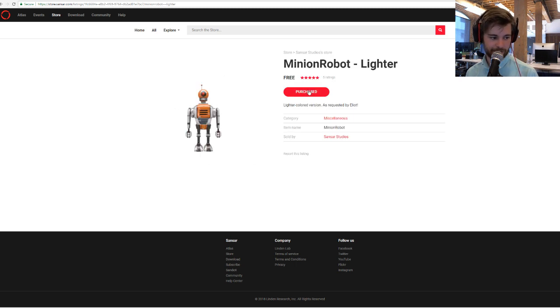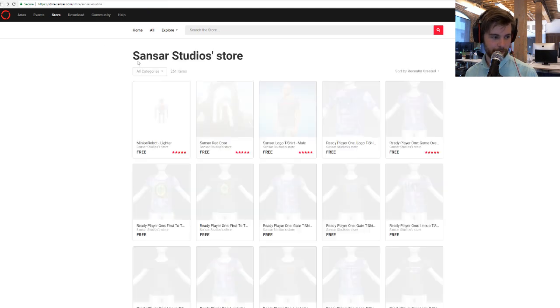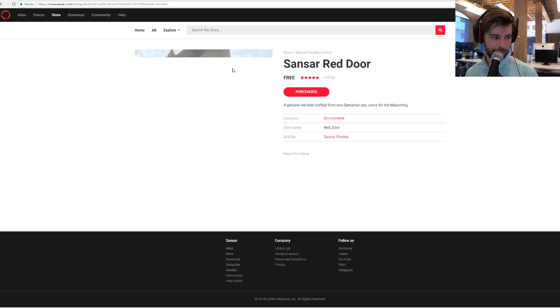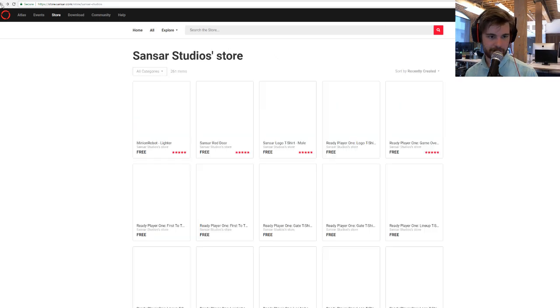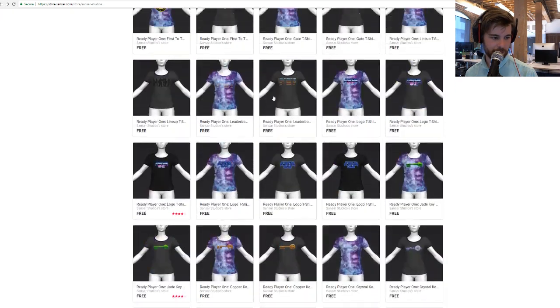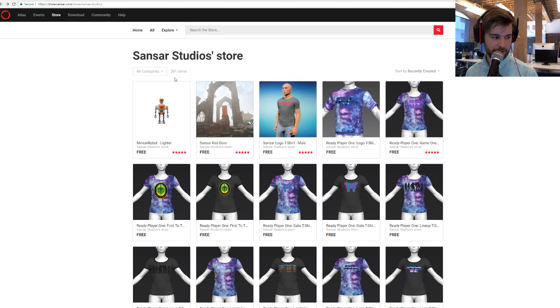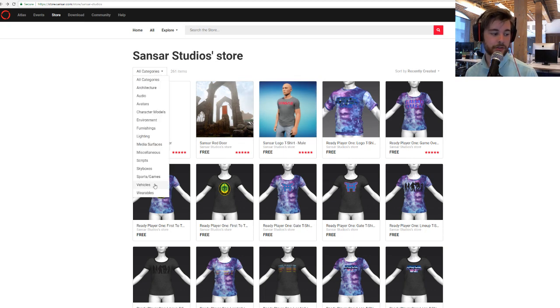And again, you can see it's free, and I've already purchased him. But I can also get things like the red door, which is nice. We've got a bunch of shirts here for our Ready Player One partnership. Again, if I don't want to see things for avatars to wear, I can go to categories, scroll down, and